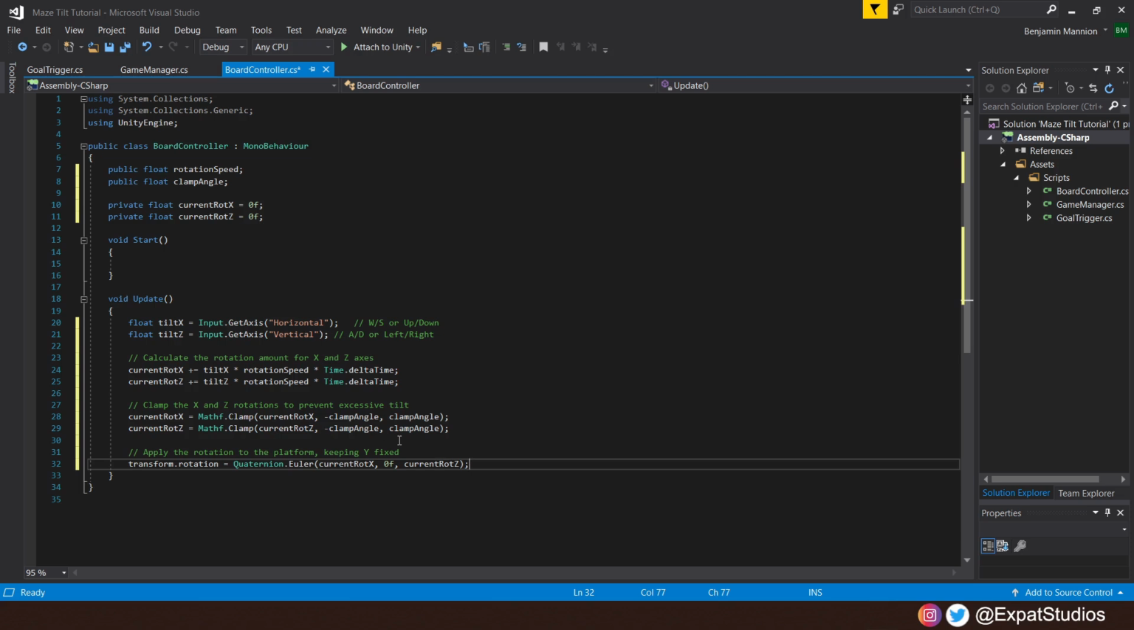And of course, we don't want the y-axis to move at all. Sometimes the rotation can affect the other axis. We only want to focus on x and z. So we'll put here